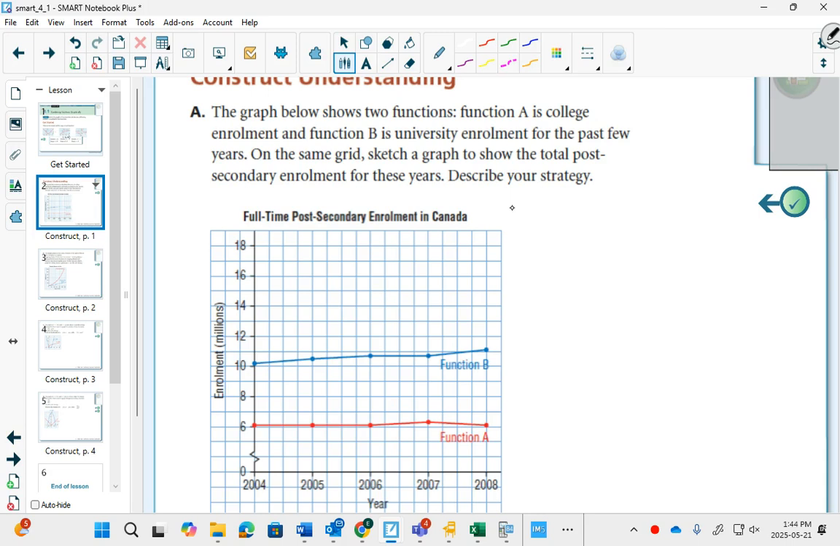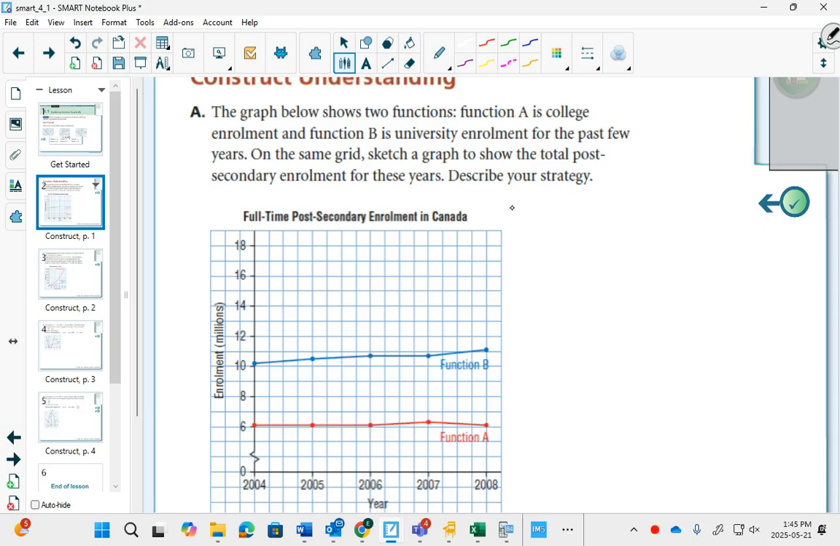Graph B is university enrollment. And in 2004, it was just over 10 million, but it looks like it's going up. By 2008, it was just over 11 million. And they're like, on the same grid, can you draw the graph of the total if you added these two